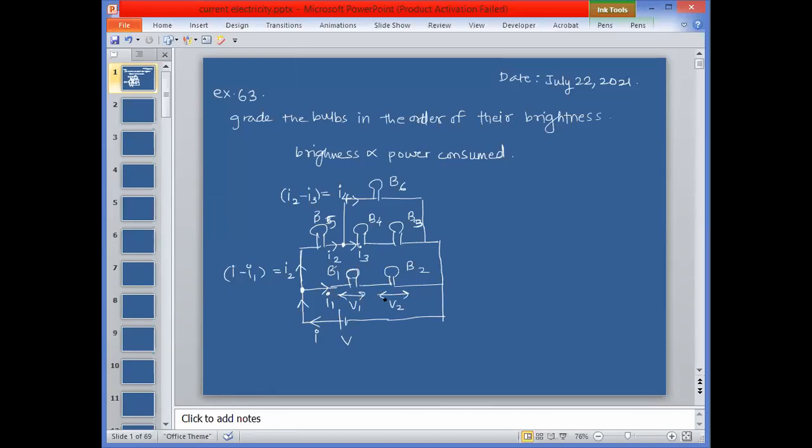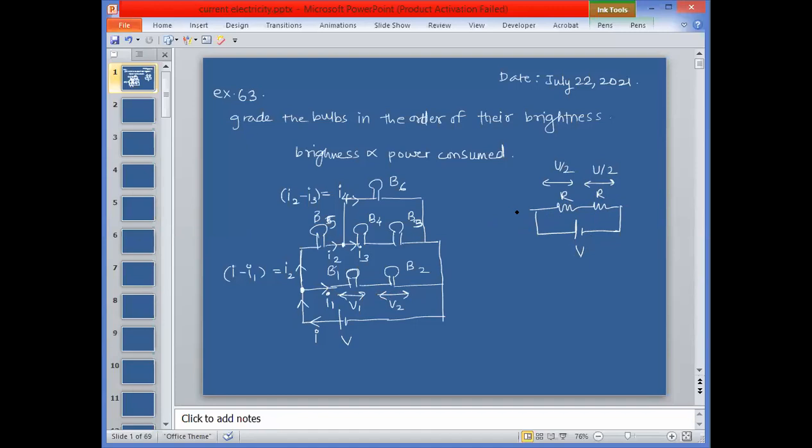This V is the addition of V1 and V2, but it is the case of two equal resistances in series. And you know, for the voltage division principle, voltage divides according to the ratio or fraction of resistance. So R, and this is total potential difference V. Shall I say this is V by 2 and this is V by 2? Reply me in the chat box. Shall I say this is V by 2 and this is also V by 2 according to the voltage division principle?